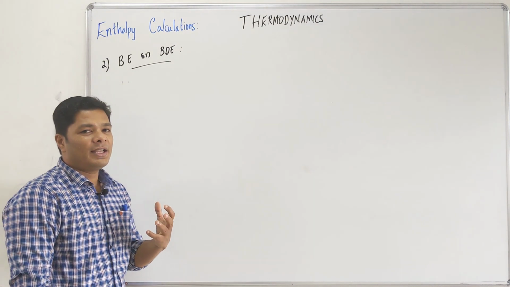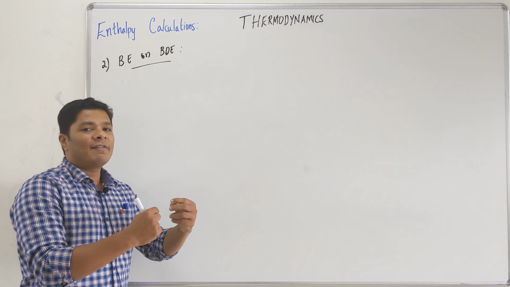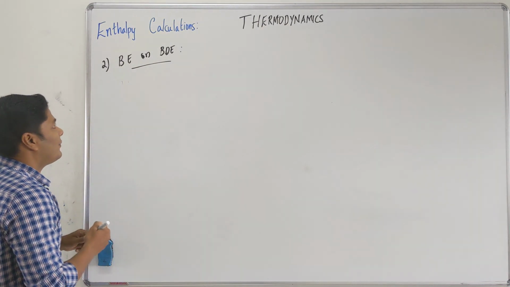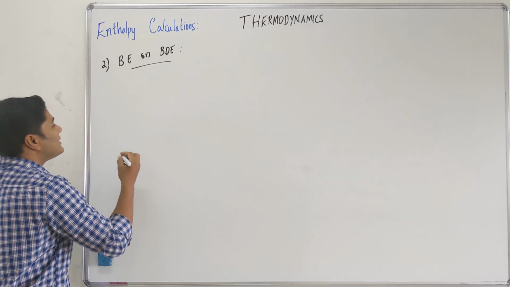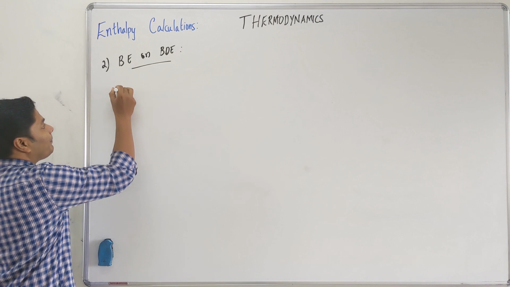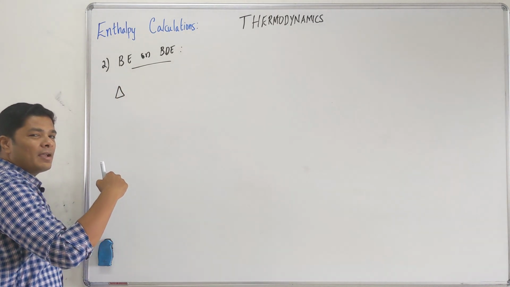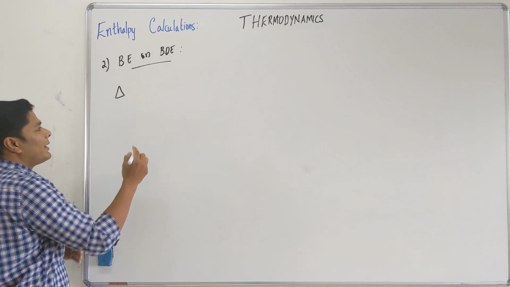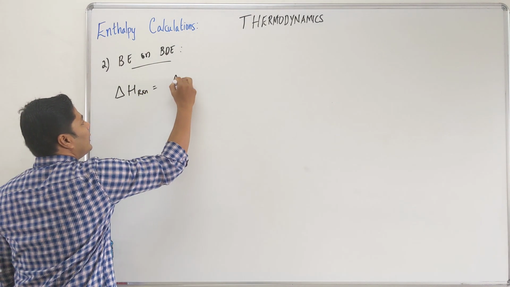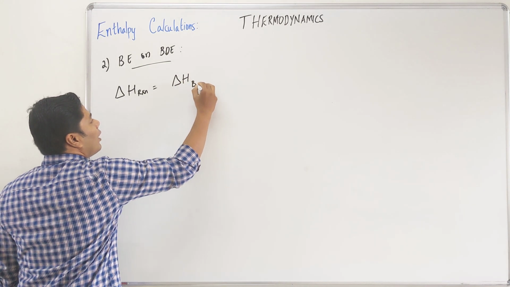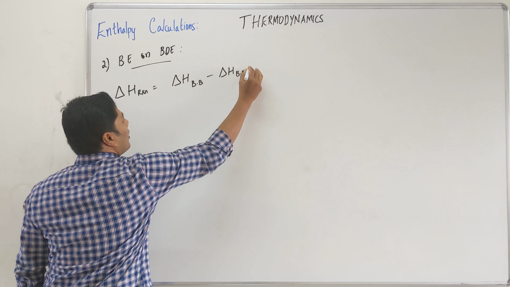For example, if you take methane, one C-H bond will have a different energy. If you take the average, you will get a different value, but it really doesn't matter for you guys. Here what you do is it's exact opposite in calculation. There you looked at product minus reactant, here we are going to look at reactant minus product. Delta H of reaction equals delta H of bonds broken minus delta H of bonds formed.